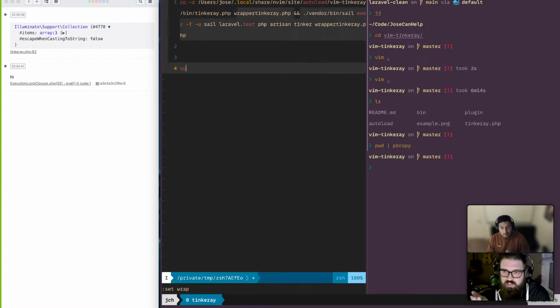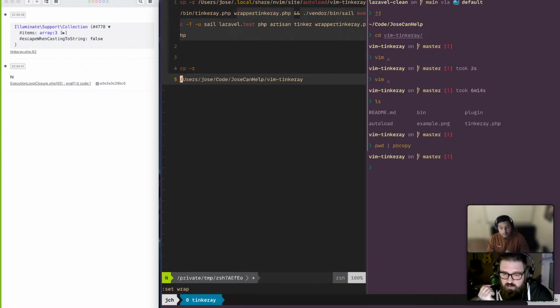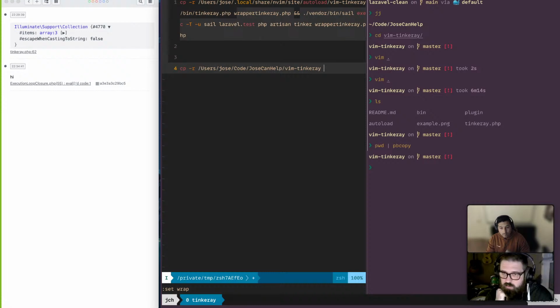And if it's in storage, if we have like a storage tinkeray folder that's git ignored or whatever, it's not like an extra step on the user to have to git ignore it. And it's just like having a file cache. It does nothing. It's just going to get overwritten every time you run this. So we're copying it from that directory to storage tinkeray.php, and then we're running vendor bin sail